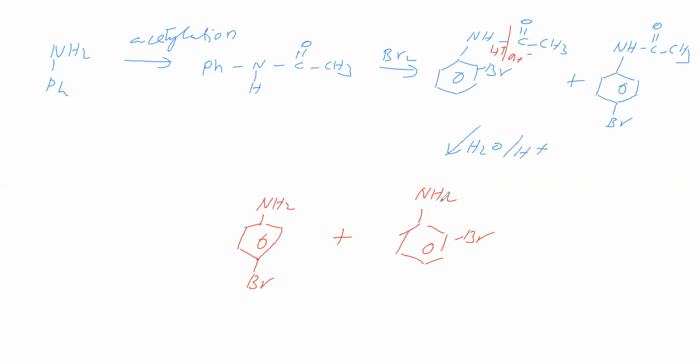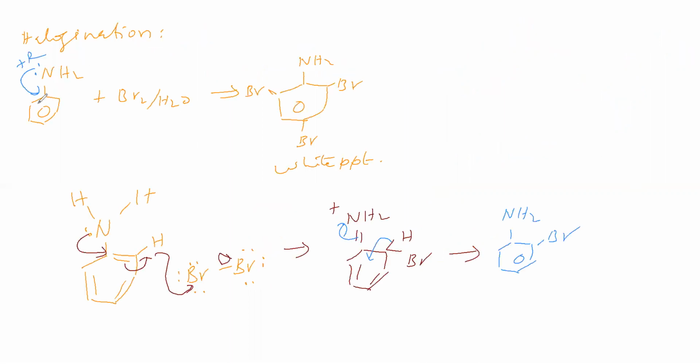So now here aniline has gone for monobromination, but in the previous case aniline has gone for a tribromination. Why is it so? So what is the reason, that we'll see. Here aniline is going for tribromination with bromine water because nitrogen is having a lone pair and is going for resonance with the phenyl ring.